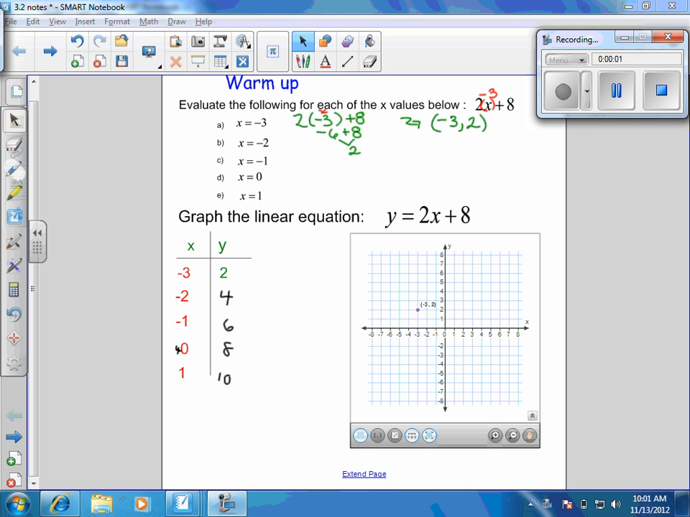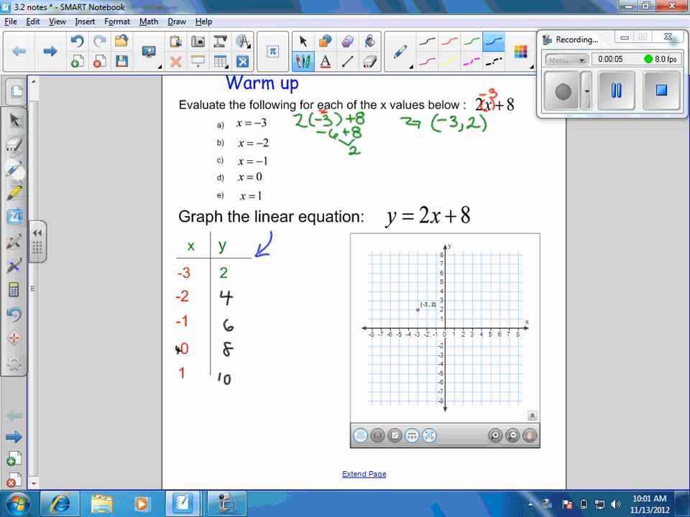Graph, it seems to me like you guys, raise your hand if everybody was able to get all of these coordinates. We're okay on the coordinates? So we're plugging them in and spitting out a coordinate, and then we're putting the coordinate in a t-table, and then we're going to plot